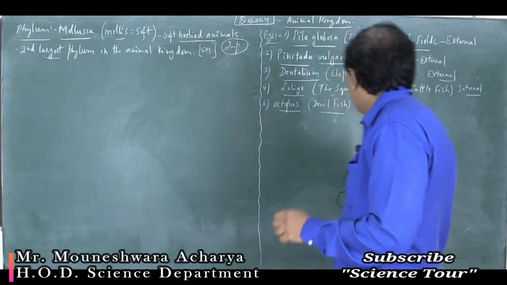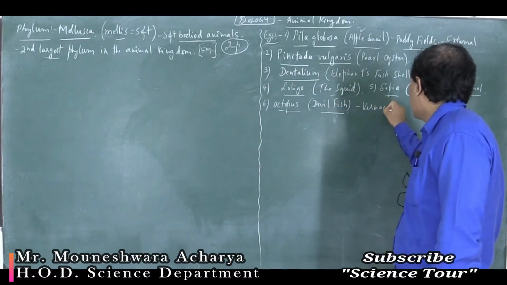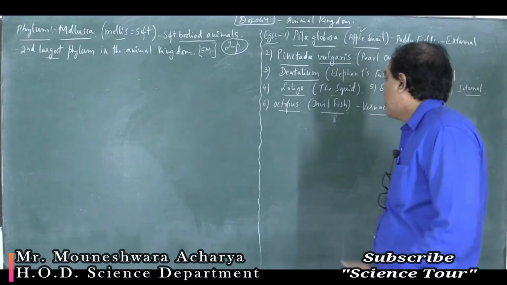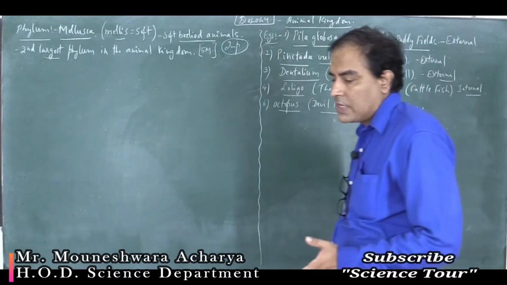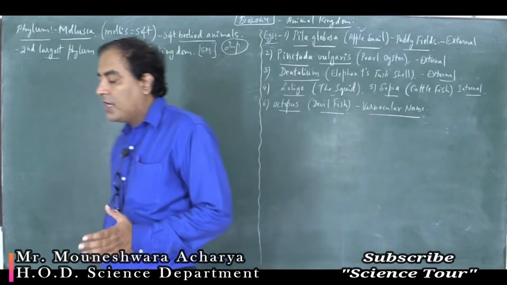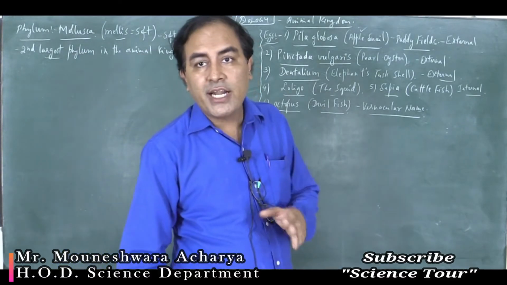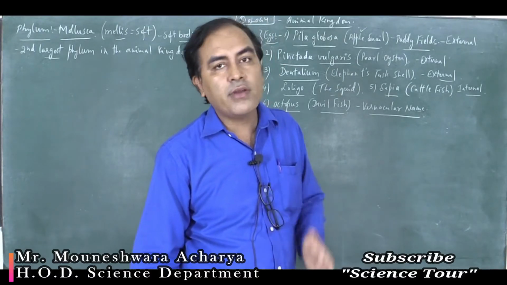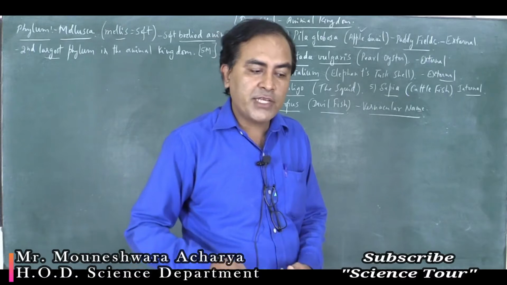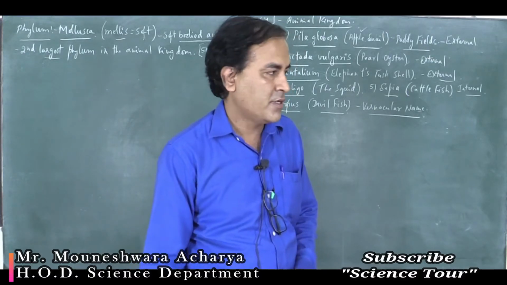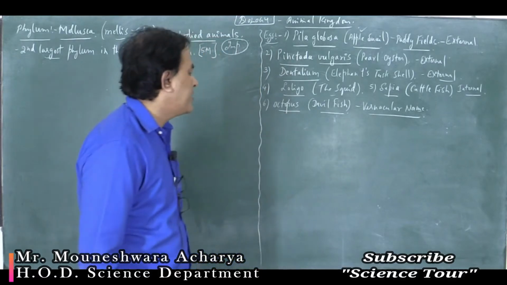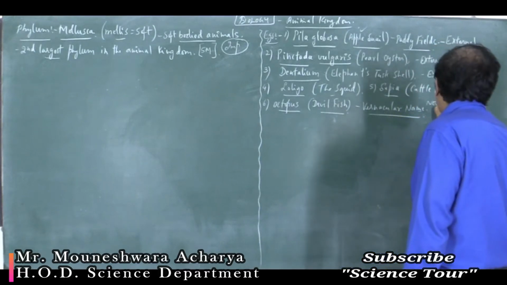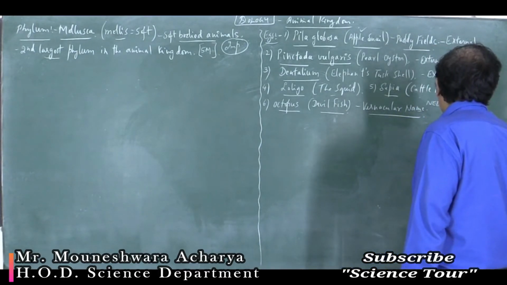So there are some vernacular names in biology. Octopus is not a fish, but still it is called a fish. There is a silver fish. It belongs to phylum Arthropoda. It is not a fish. It appears like a fish and it has a beautiful silver color, and it makes movement like a fish. So it is called a silver fish. Like that, octopus is a devil fish. Vernacular names are important for your various competitive exams like NEET or CET.